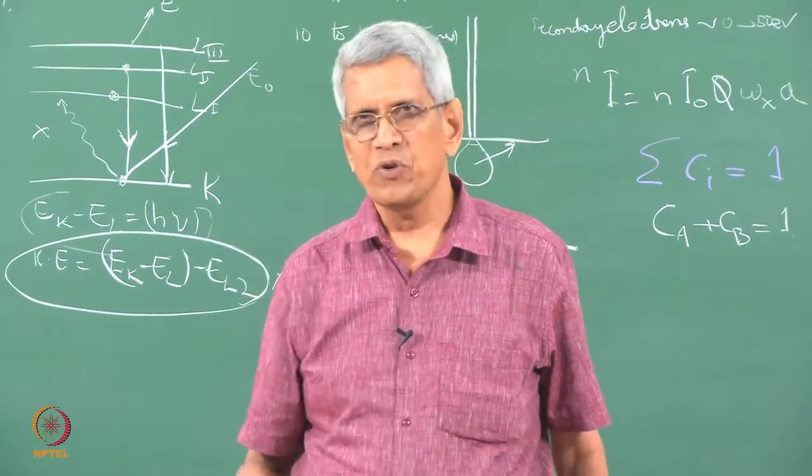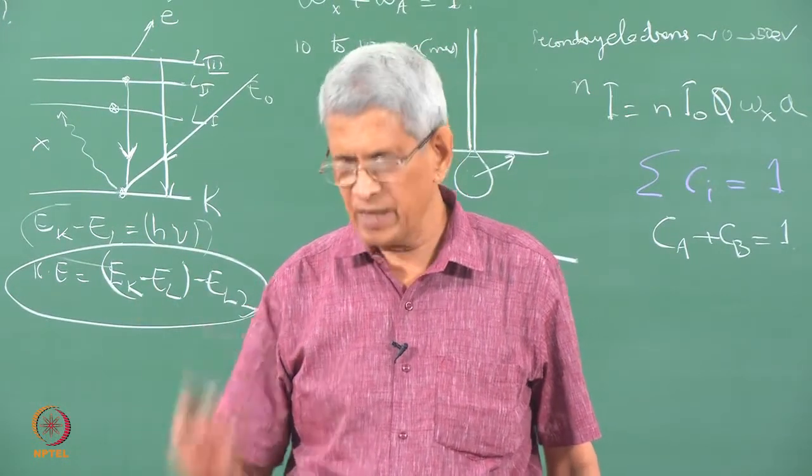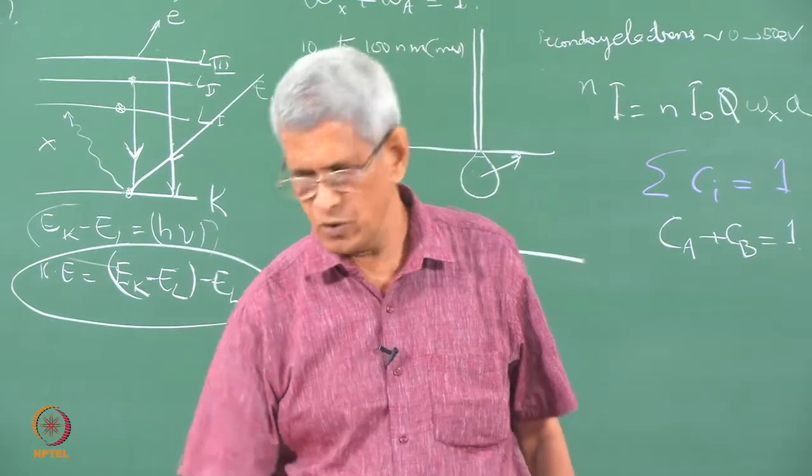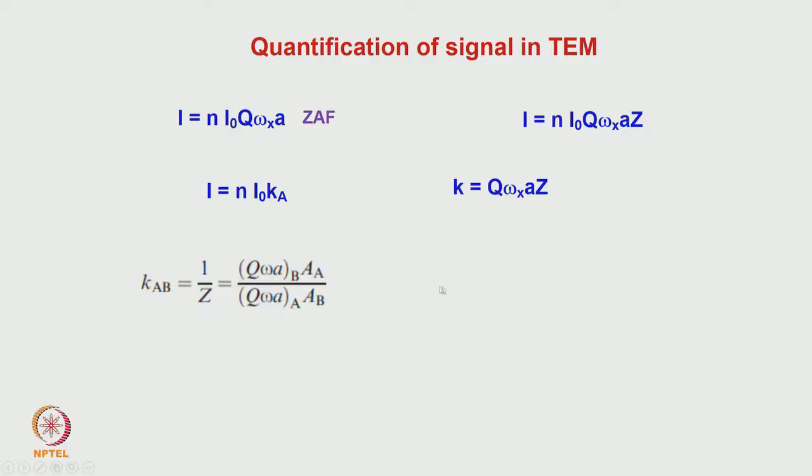The simplest way is theoretically, whatever values have been calculated one can use, but that does not give the correct values. It is better to find out the elemental sensitivity factors. This factor KEAB is called the Cliff-Lorimer factor, where we are not using any standards. In this particular case, we have assumed that we have not taken the detector efficiency into account. Generally, the detector efficiency is also added, epsilon A and epsilon B for the 2 elements. Then that completes this expression, and this tells us what the KEAB is going to be.